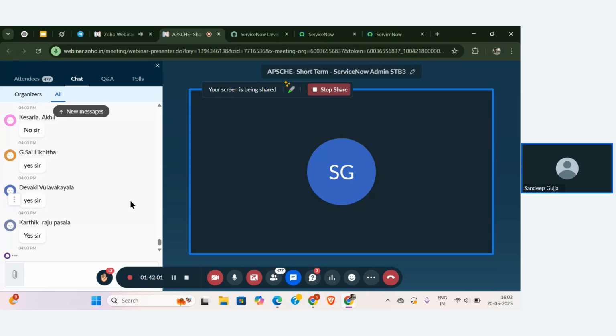One is for the NASSCOM and one is for the IBM. Okay, so you people also need to register for that, and you need to complete one course in the IBM as well. Whatever the mail ID that you have used, no need to worry about that. Use the same mail ID that you have used for filling the form.